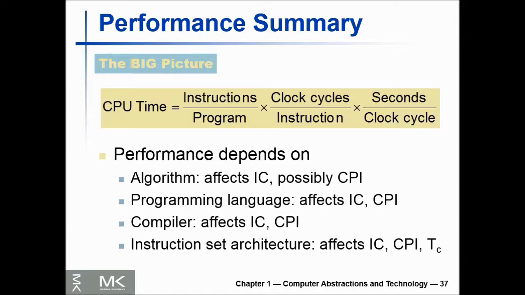Always remember that the only complete and reliable measure of computer performance is time. For example, changing the instruction set to lower the instruction count may lead to an organization with a slower clock cycle time or higher CPI that offsets the improvement in instruction count. Similarly, because CPI depends on the type of instruction executed, the code that executes the fewest number of instructions may not be the fastest.